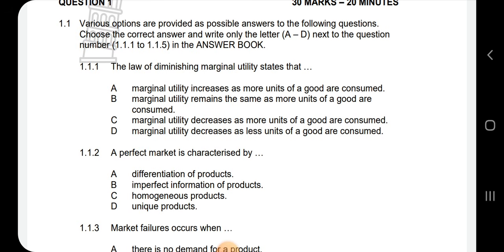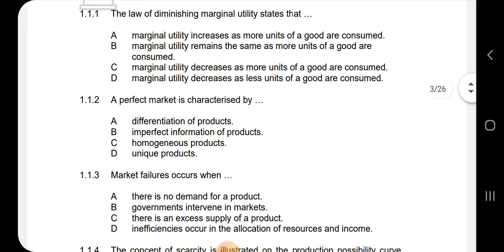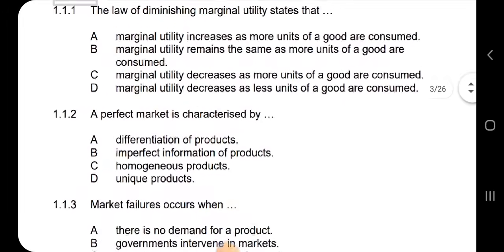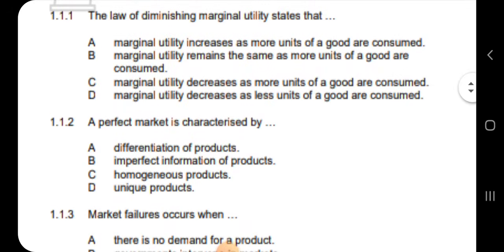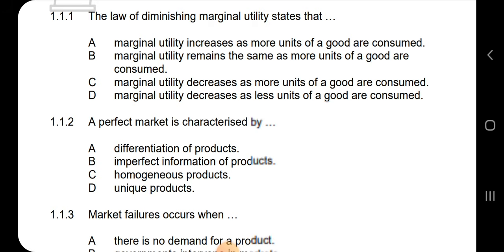So 1.1 says, various options are provided as possible answers to the following questions. Choose the correct answer and write only the letter A to D next to the question number. For example, you have 1.1.1 to 1.1.5 in the answer book. So let's start with 1.1. Let's zoom in for it to see it clearly. And then 1.1.1 says, the law of diminishing marginal utility states that